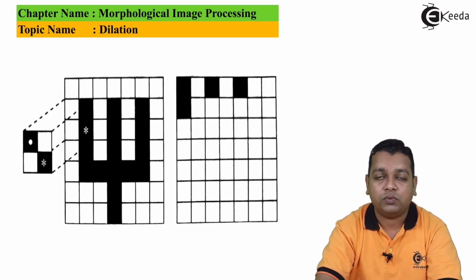So onto the second row we start here. The origin marked with the asterisk can be shifted to the third row. Because of this particular match, we get the resultant image output like this.